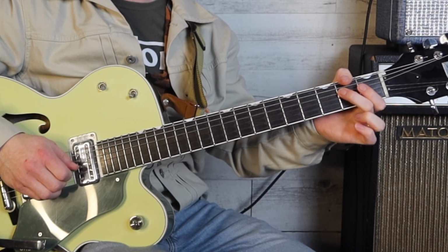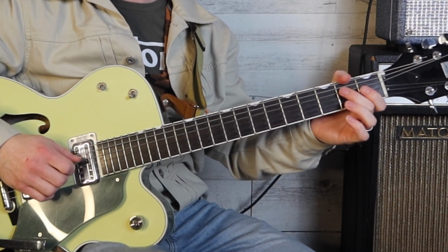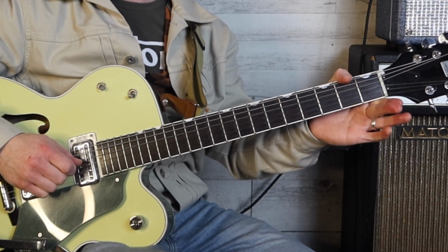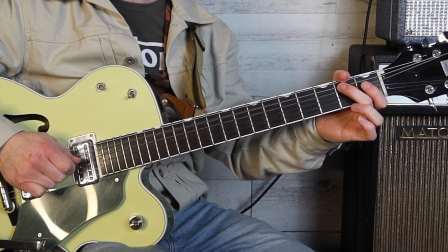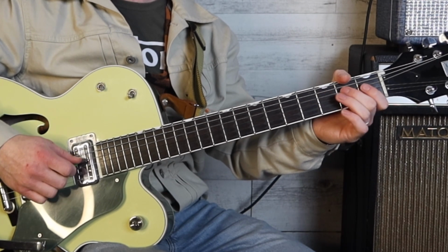So try and get that 2, 1, 0. You don't need to pick anything other than the 2, and then the 2 on the 5th string, okay? And I pick that down. Now we pick up on the 4th string, down on the 2nd fret of the 5th string, 2, 1, 0. So the second half of the lick goes...